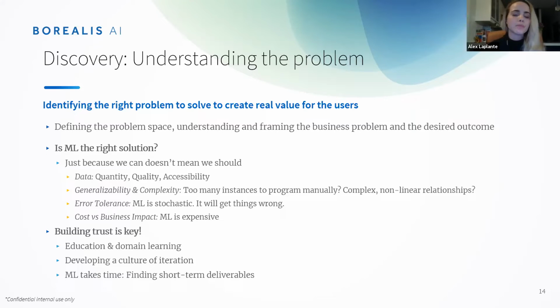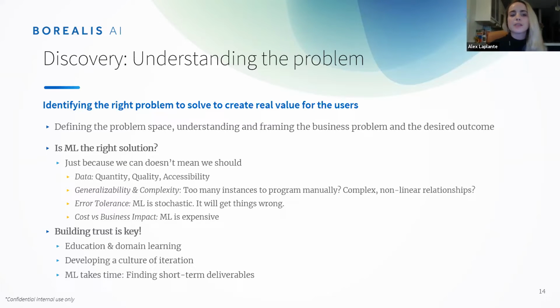Another question we ask ourselves is about generalizability and complexity. If you can distill your task down into 5 rules, you probably don't need a machine learning system, right? We're really looking for those cases where there are way too many instances to program manually, or there are really complex, highly nonlinear relationships. A couple of examples of this could be coming back to cash flow forecasting. We can't possibly do cash flow forecasting for every single RBC client by manually coding that in, right? A model is a great way to do that, and machine learning is a great way to do that. In terms of nonlinear relationships, if we wanted to predict the stock market, it's a very complex problem. It could potentially be a good machine learning problem.